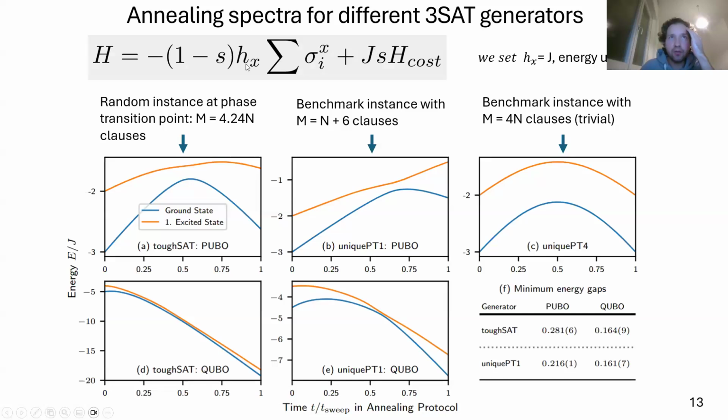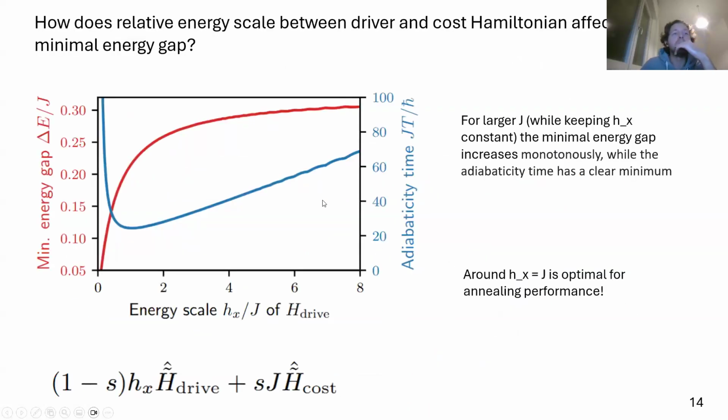So for the first case, for Hx, we have done some numerics. We see this energy scale Hx over J, which we vary. And then we look in the red curve at the minimal energy gap of the system, which increases monotonously with the energy scale Hx. So one would think that you could increase annealing performance as much as you wish by just tuning up Hx. But if you actually look at the adaptivity time of the protocol, then we have a clear minimum around Hx equals J. So this choice which we made is reasonable. Then for the second problem,